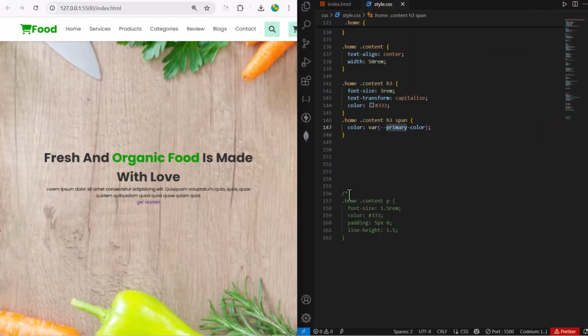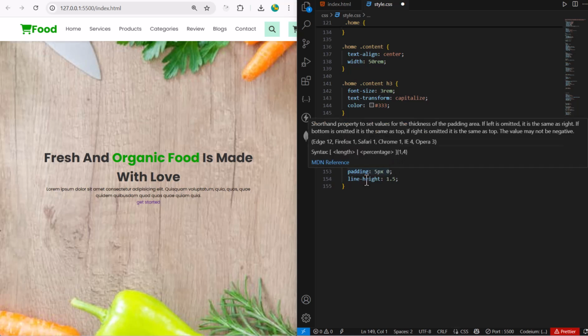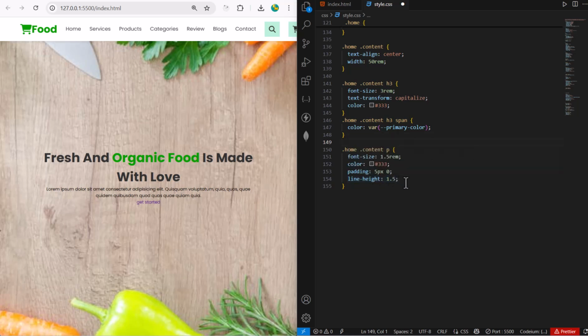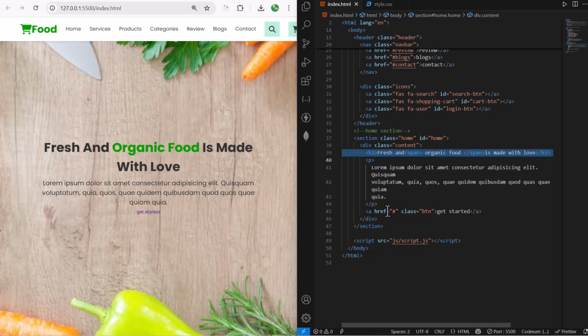Now let me style this paragraph. To style this paragraph, we have the paragraph element, font size 1.5 rem. We have a color right here, padding from top and bottom here, and line height 1.5 rem. Yes. So when I save and refresh, and now let me style these buttons right here using this btn class